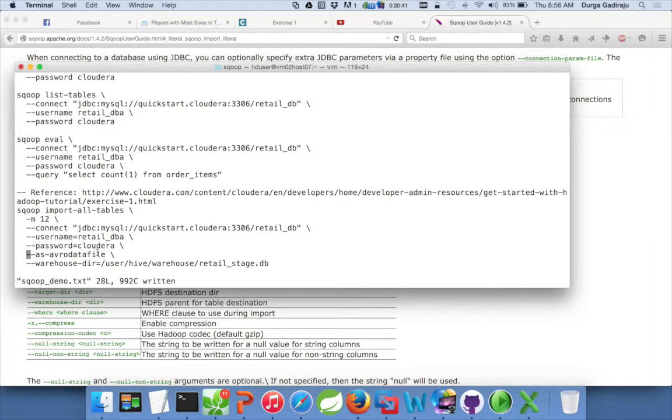So if you want to pass data from Java to .NET or any other programming language, you cannot just pass it as a Java object. You have to use some industry standard file formats. One of them is XML, and the other one is Avro. Avro follows JSON format, so you can actually use Avro format as well. And then this warehouse directory will tell you to which directory data needs to be copied.